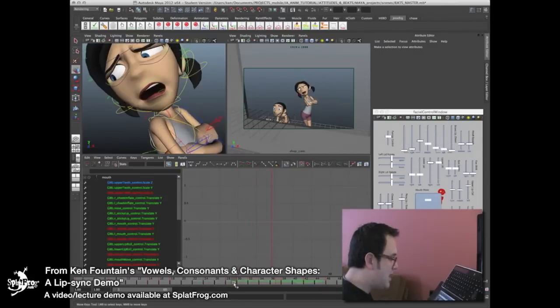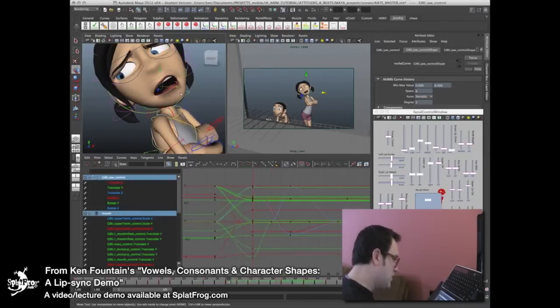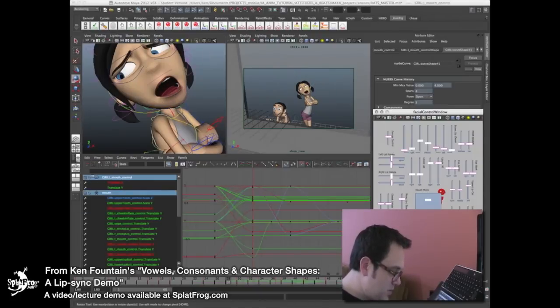"Wanna?" It's pretty big. It's "wah." So I want to get that nice and wide to begin with. What I really want to do is make sure that the jaw is a little bit more open there. See how it's already closer to that "wah"? Even when you watch me move it, it looks a little bigger. And I just want to pull the side of her mouth out just a little bit more.